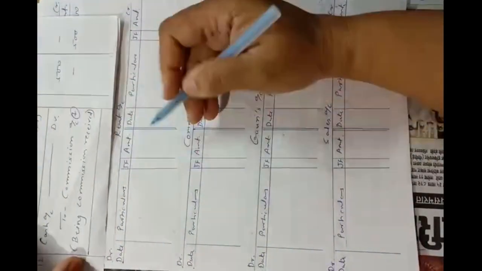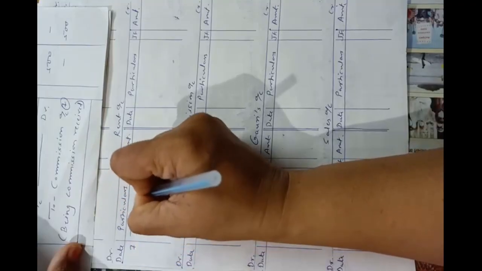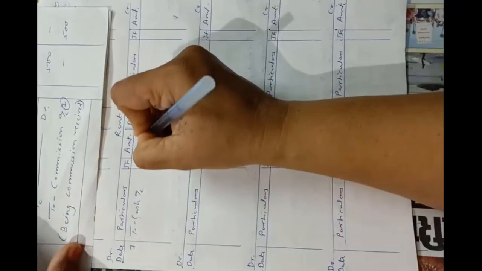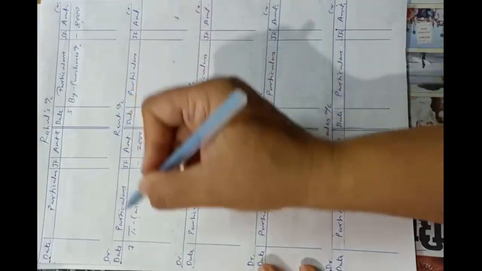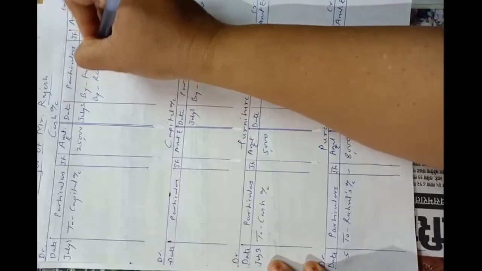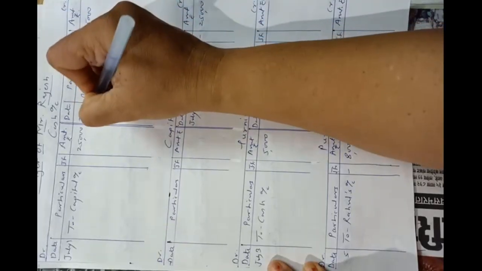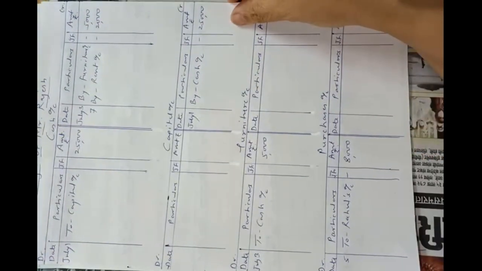Now the next entry, rent account debit to cash account. So on the debit side of rent account we have to write on 7th July to cash account, amount is 2000. Okay. Now the second posting, debit side of rent account to cash account means credit side of cash account by rent account. Date 7th, amount 2000. Okay. Now the next entry,